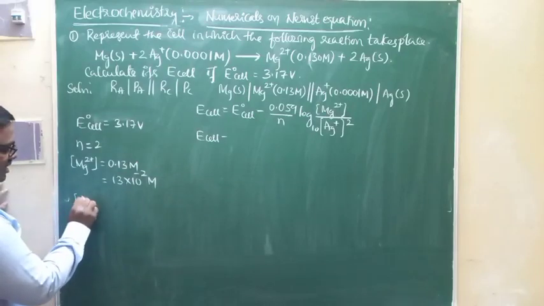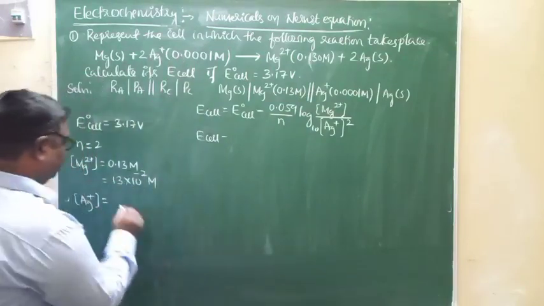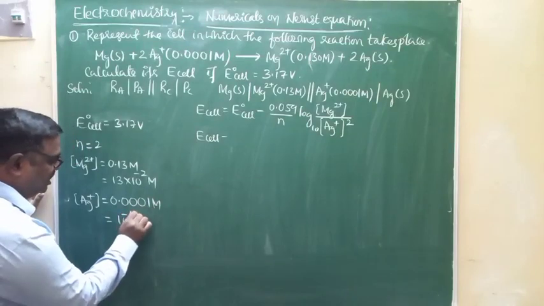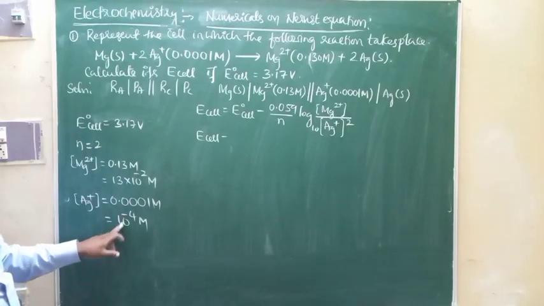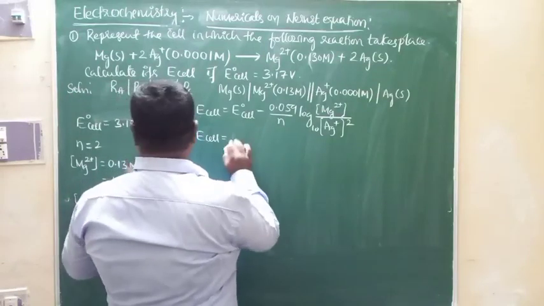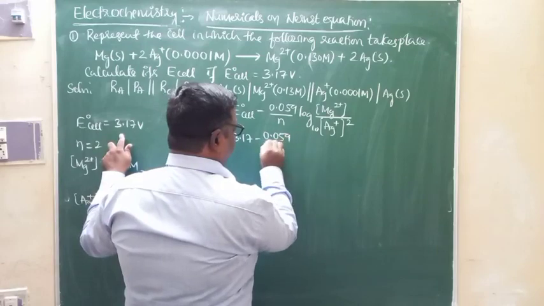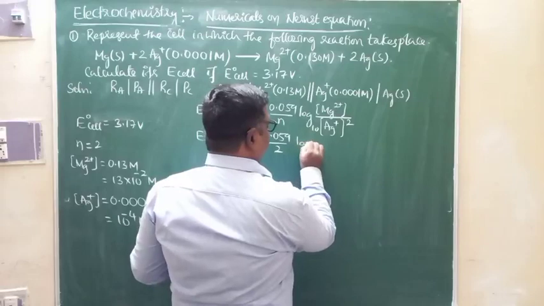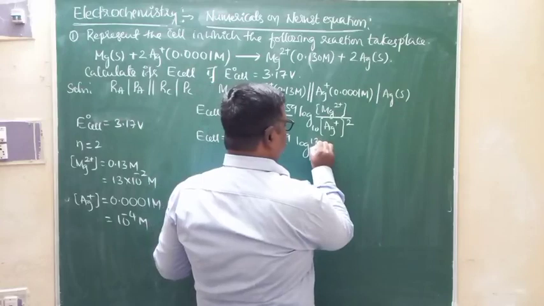Now the molar concentration of Ag+ is 0.0001 molar. We can write it as 10 to the power minus 4 molar. Substitute these values. E naught of cell is 3.17, minus 0.059 divided by 2, because n is equal to 2, then log of the concentration of Mg2+, which is 13 into 10 to the power of minus 2,